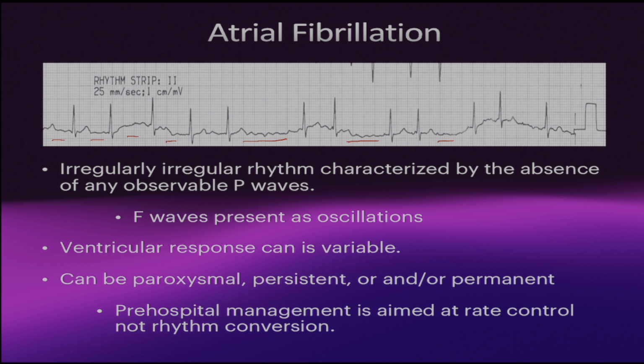In atrial fibrillation, the ventricular response is variable, and that is because the AV node is essentially triaging which impulse it's going to let through the AV node, and then it's blocking the rest. So those fibrillation waves in AFib are created by multiple different ectopic impulses all competing with each other in the atrium at the same time. There's really 3 different types of atrial fibrillation. There's paroxysmal, which would be an acute